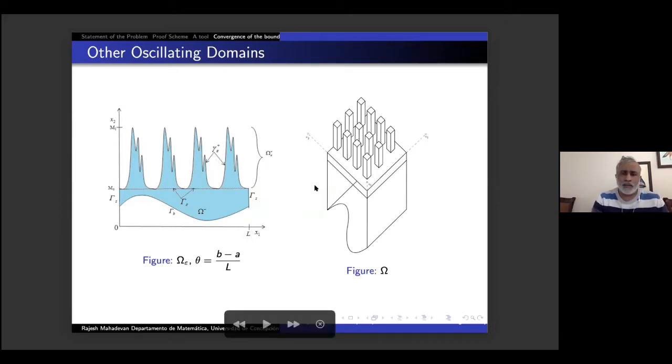And you can do it on other structures, like a 3D structure where the lower part is a